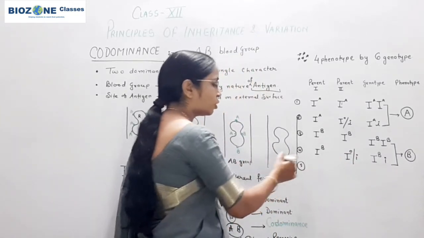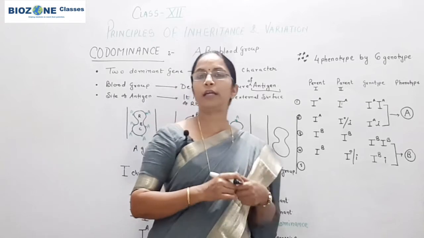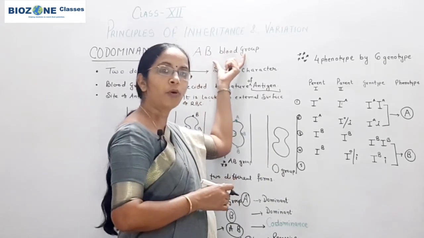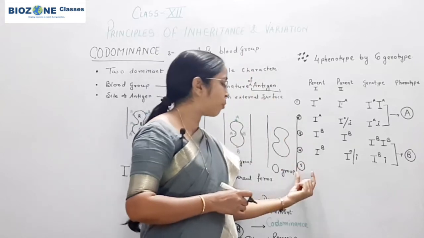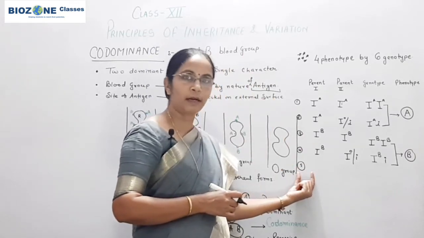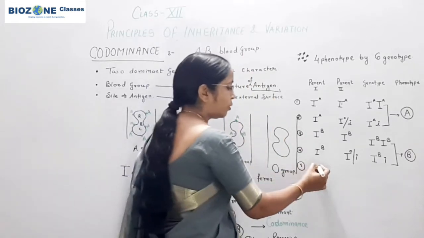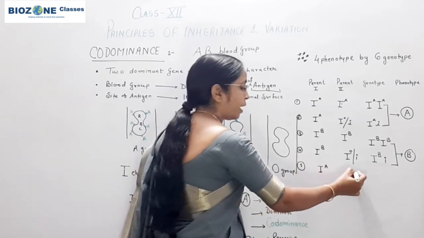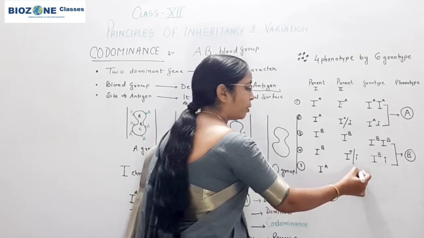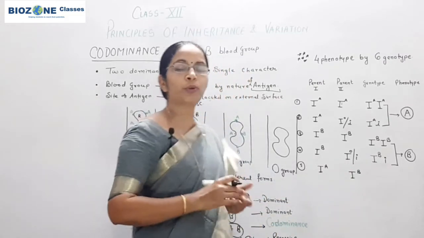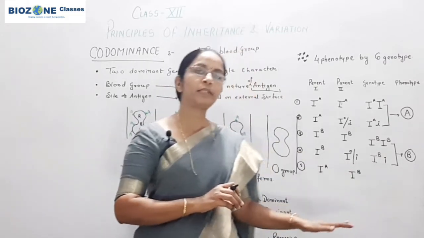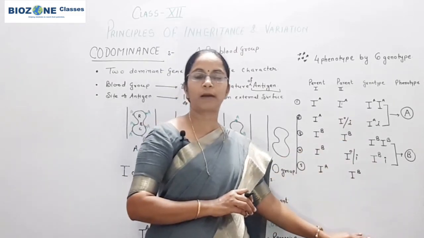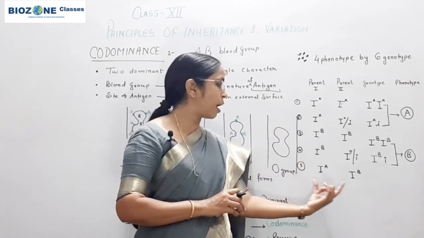This fifth condition, you remember, is most important because the topic which we study, codominance, is expressed for this condition. So here you remember, one parent contributes IA and the other parent contributes IB. If you go through the NCERT table, these genotypes appear 7 times, because for IA and